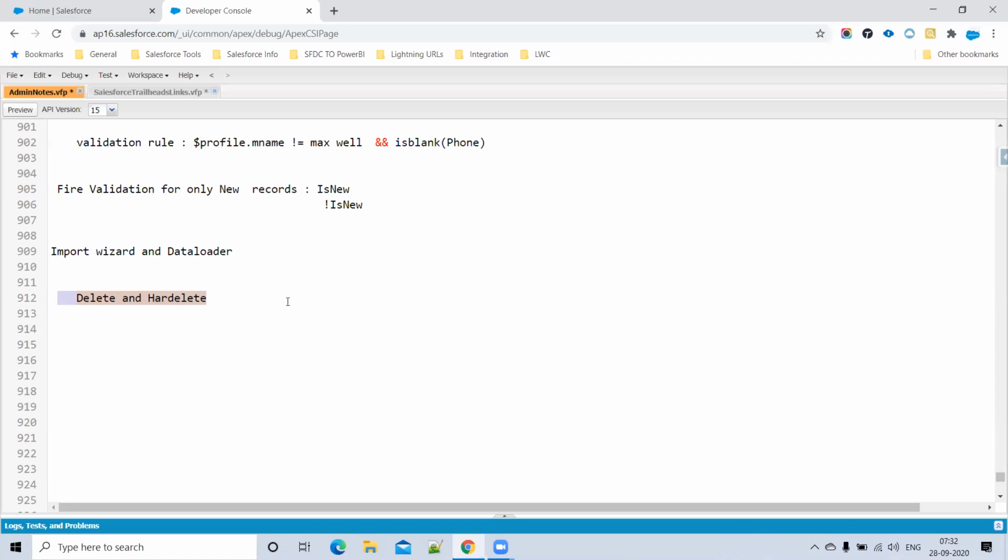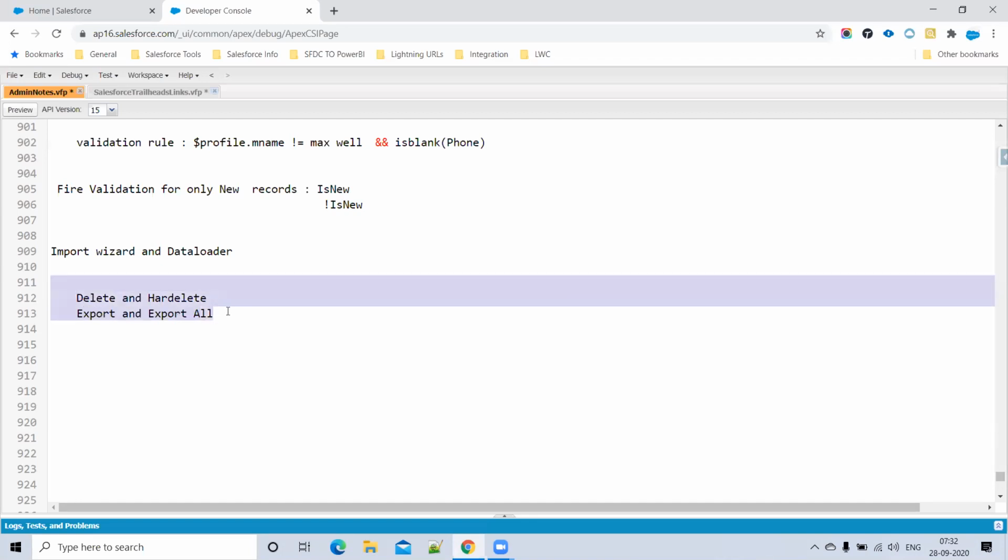What is export and export all? Export exports all of the records that have not been deleted.